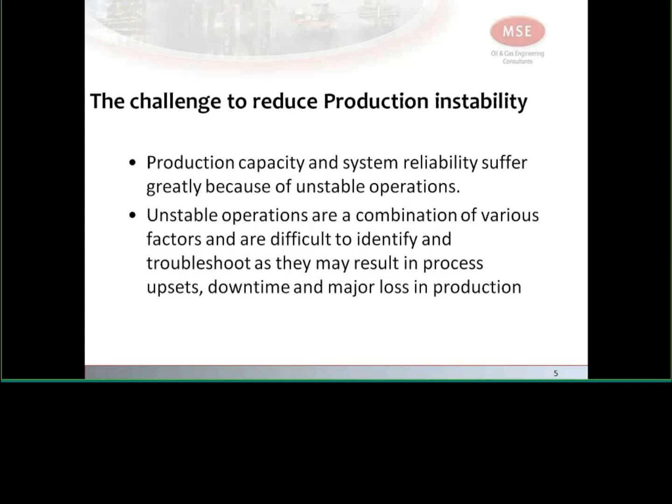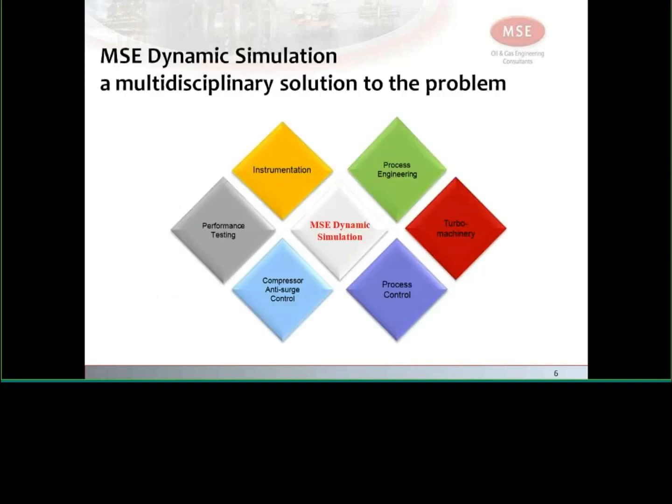And one of the reasons why sometimes it's not, as I said before, it's not addressed is that it's very complex, and you usually need quite a few set of skills to be in place, onshore and offshore at the facility, at the same time to be able to troubleshoot the problem. And so what we have done and what we are presenting here is a multidisciplinary solution to the problem that is bound together by